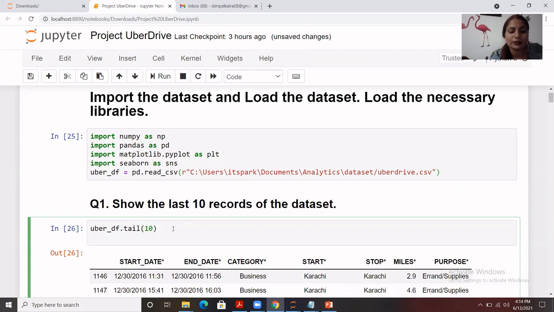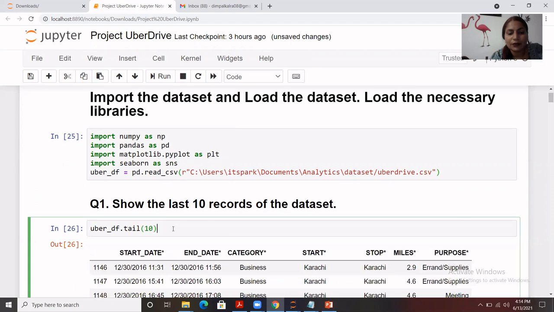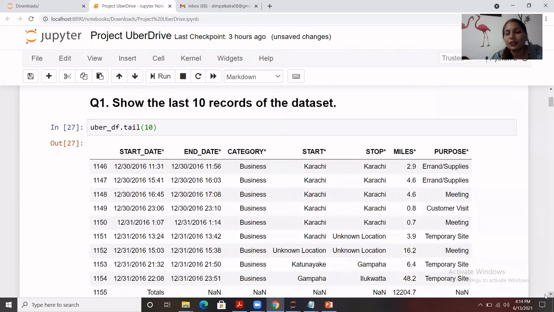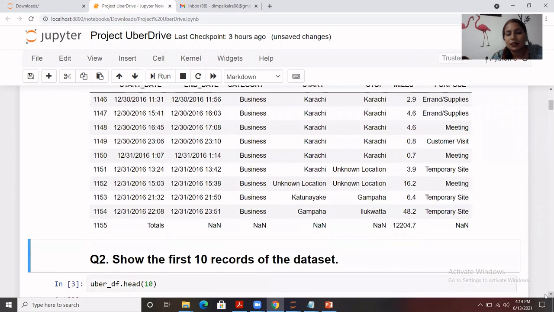Let me write it in a comment as well. We don't know the count, so tail we can't do it that way, but for head, yes, we can. In tail we have simply passed 10, and it will give you the total 10 records from the bottom of that data set. So here it is that you can find.